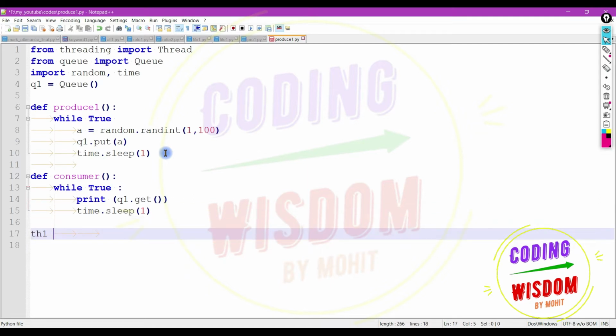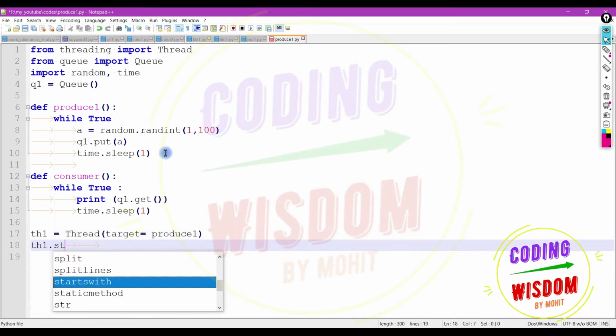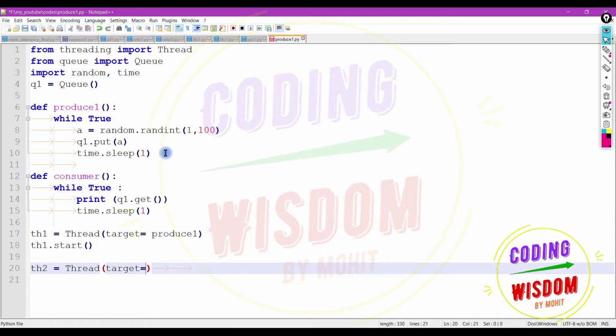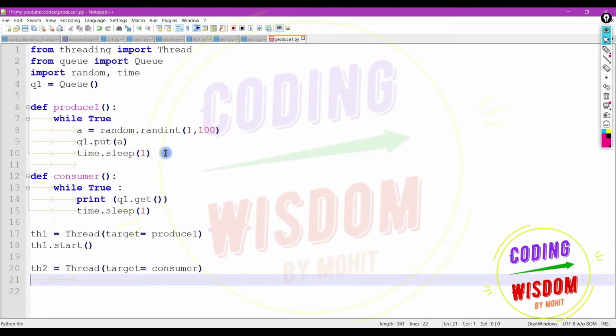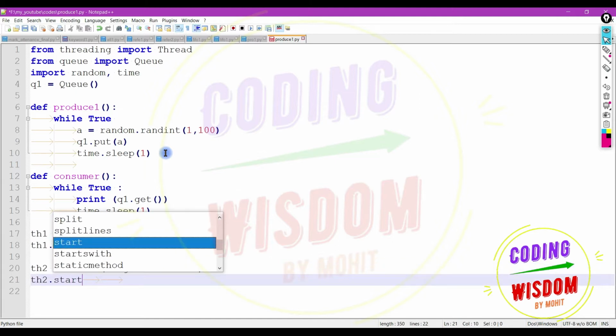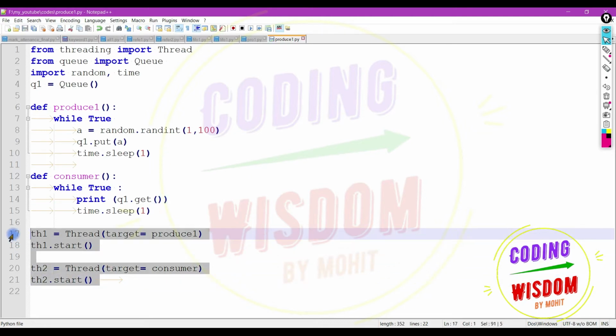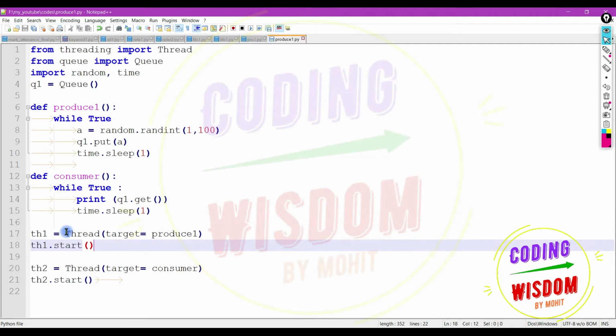Now let's make two threads, th1, threading.Thread with target. Okay, so this is the starting of the function.